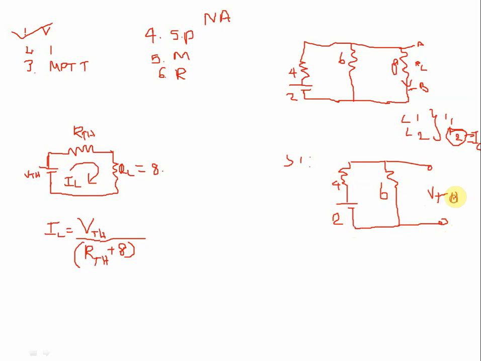So what to do? You have two possible methods. One is the Ohm's law method, or the voltage division rule, which can be used directly. The voltage division rule: VTH is equal to V multiplied by R2 divided by R1 plus R2. What is V? The V value is 2. So 4 plus 6 is, what is the answer? 10.